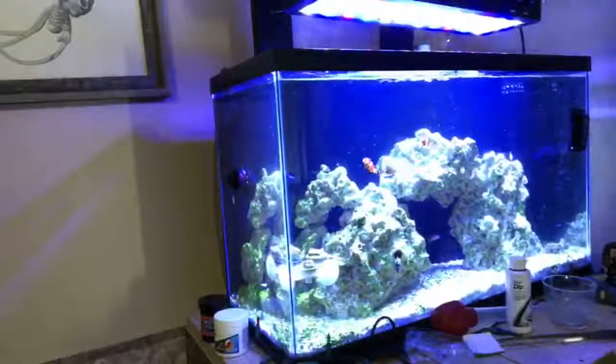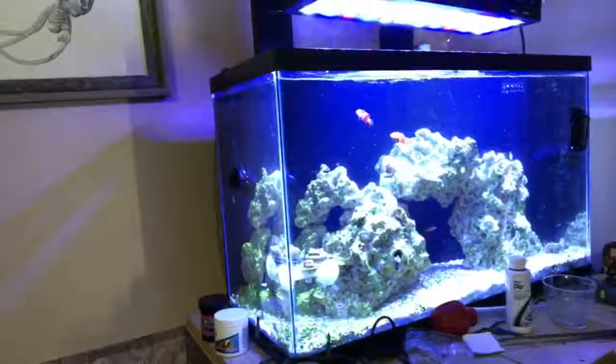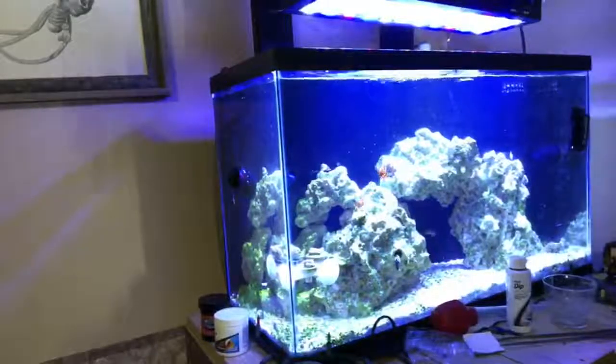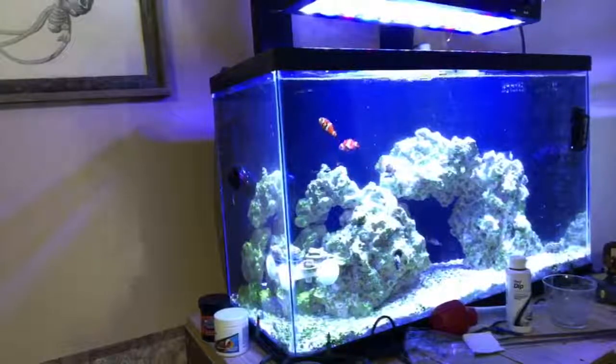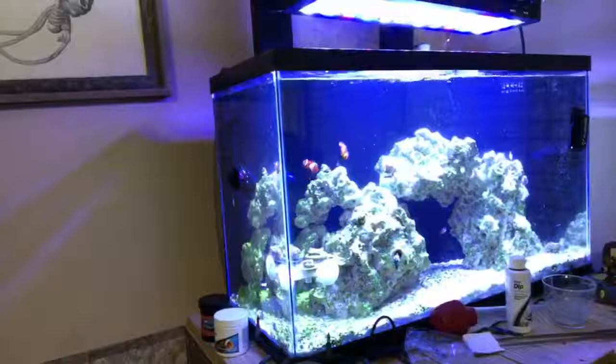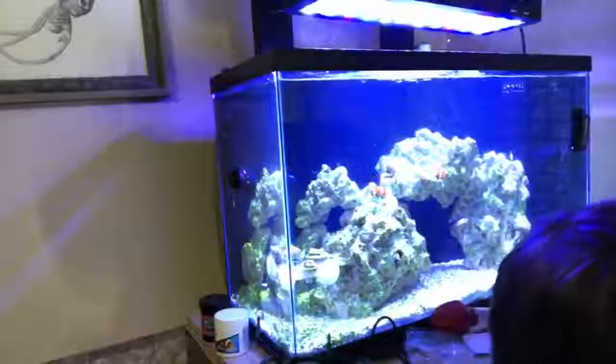10-gallon sump I built underneath, everything, wave pumps, under $300, which sounds like a lot, but for a saltwater aquarium is not a lot, especially with the sump and a light for a 30-gallon sump. But today, since I kind of messed up on everything else, I'm just going to show you guys me adding these new corals. Now, I was just dipping them,